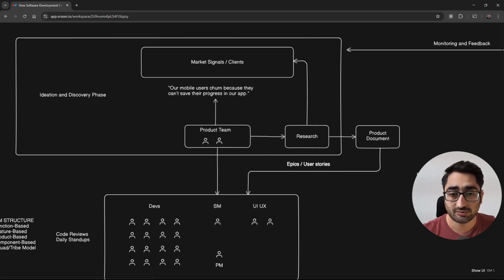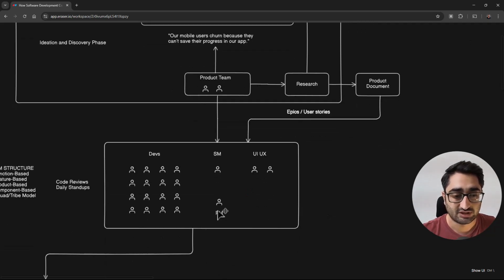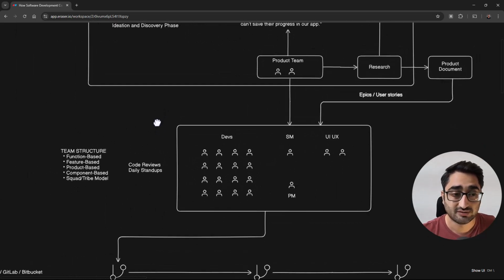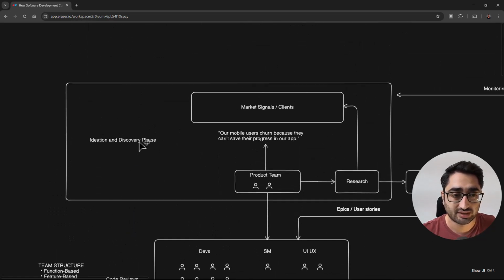But if it's an enterprise, then the product document will come into play, and all the user stories need to be defined, approved, and then this team comes into play. So once this entire process of research and documenting everything happens, then this team, or this phase, comes into play. Now, this ideation and discovery phase that I just discussed is a very important phase